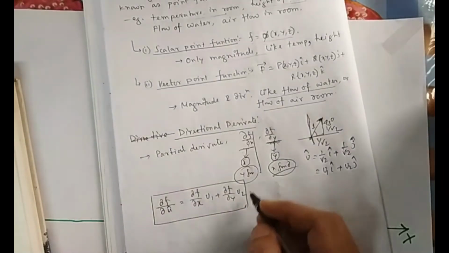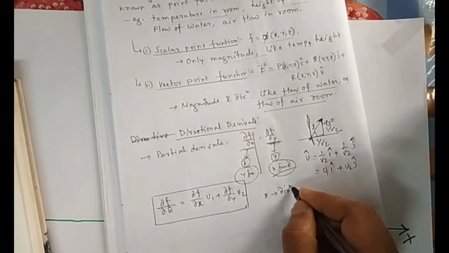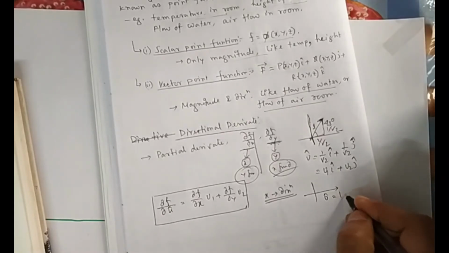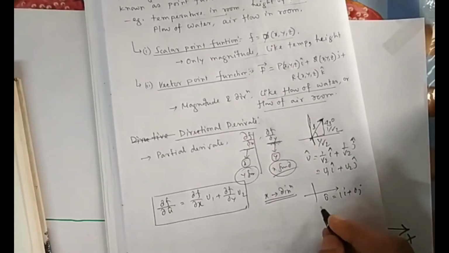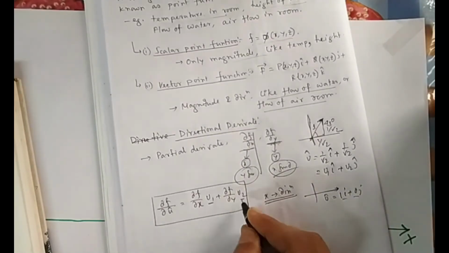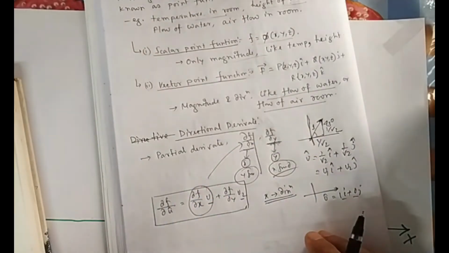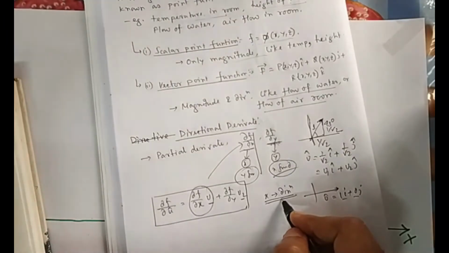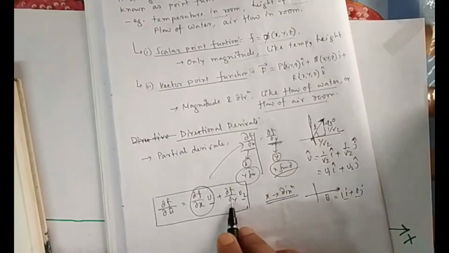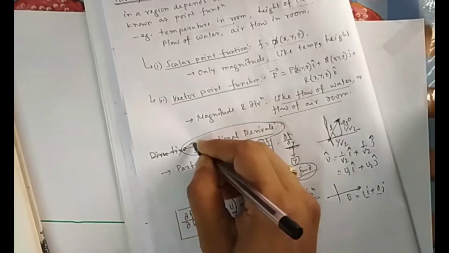Now you can see, if I am looking only in the x direction, u will be 1i plus 0j, because j is 0 here, you are moving only in this direction. If you put 1 and 0 here, u1 is 1 and u2 is 0, so ultimately you get del f by del x, the partial derivative I was talking about, because you are looking at only the x direction. This is if you look at only the y direction. Here you can think of the directional derivative. This is the first item I am talking about.